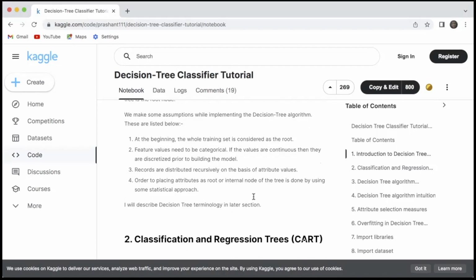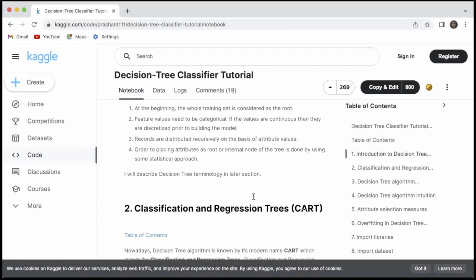If the values are continuous, then they are discretized prior to building the model. So this is what they plan to do if the features are continuous. And the records are distributed recursively on the basis of attribute values. Now if we go further down,